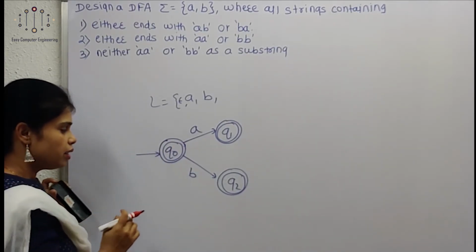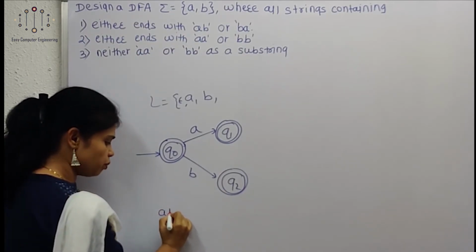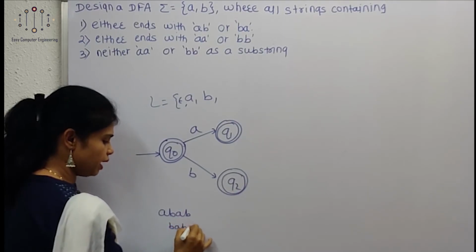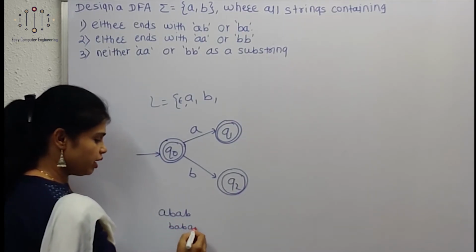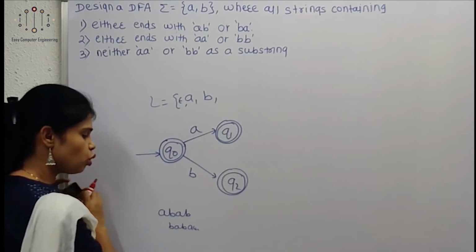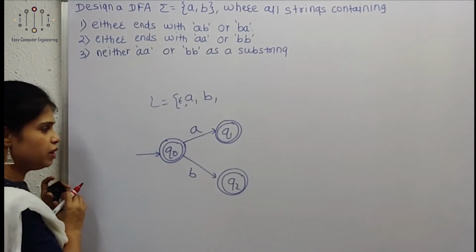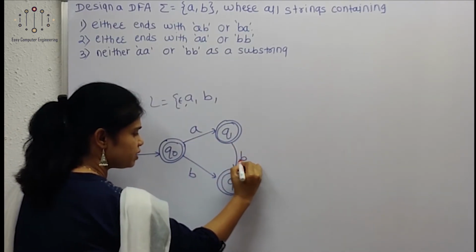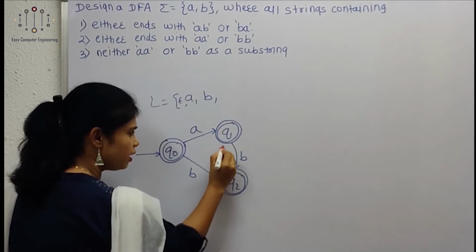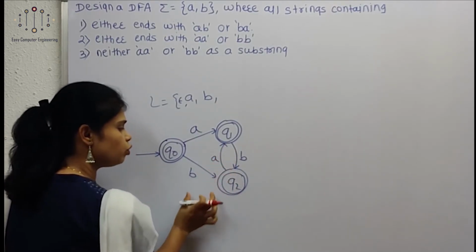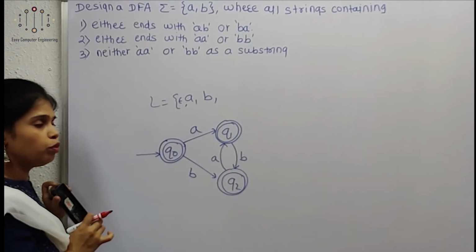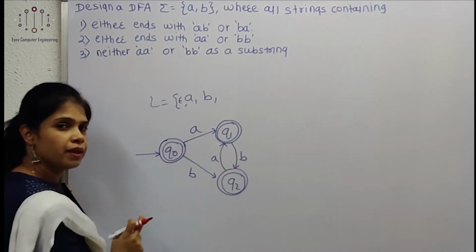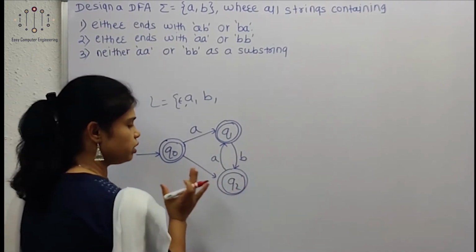Now my string will be in this form only: AB or BA like this. We cannot take the letter A on this one, so no consecutive AA and BB. What will happen with the B transition from this, the BA transition? There won't be any self loop in this example. Self loop will not be possible. So AB, BA. In this way we can show the transitions.